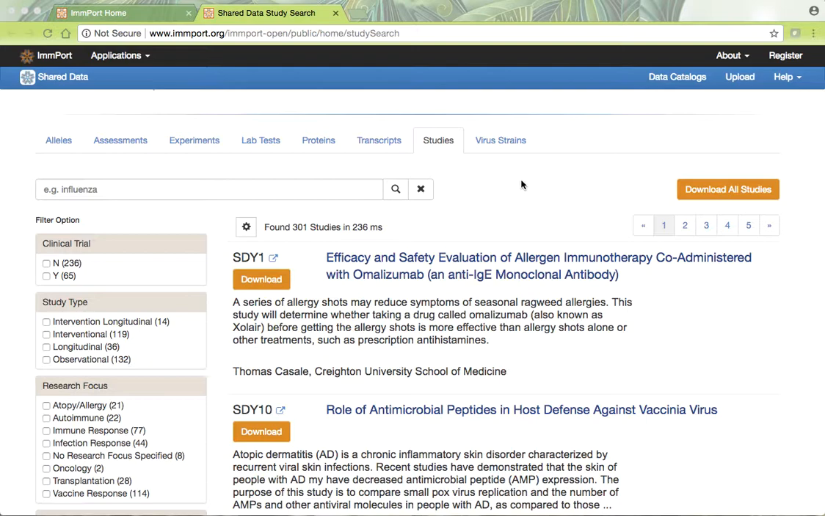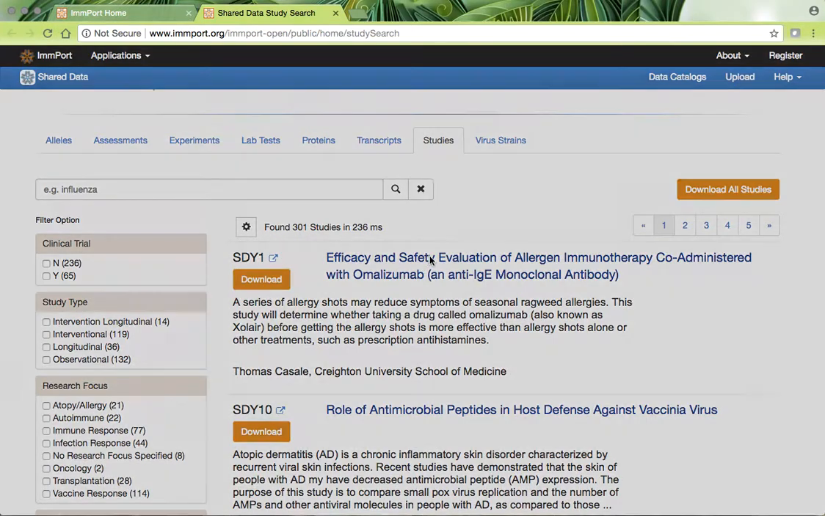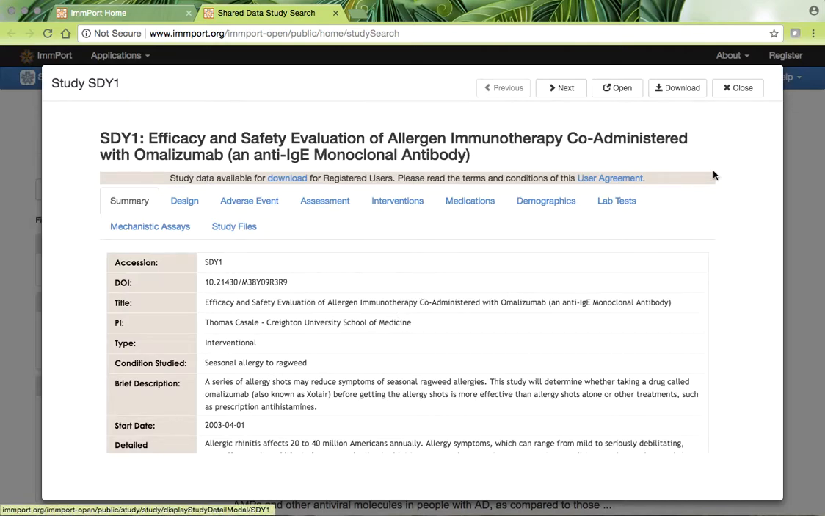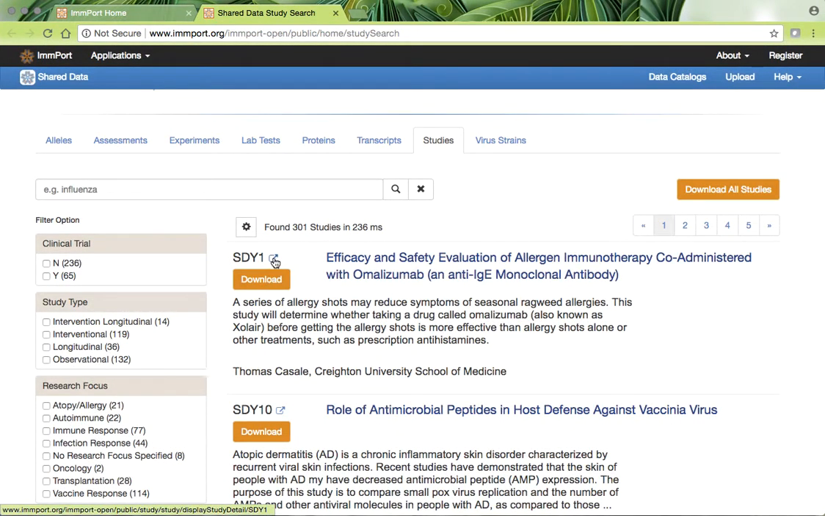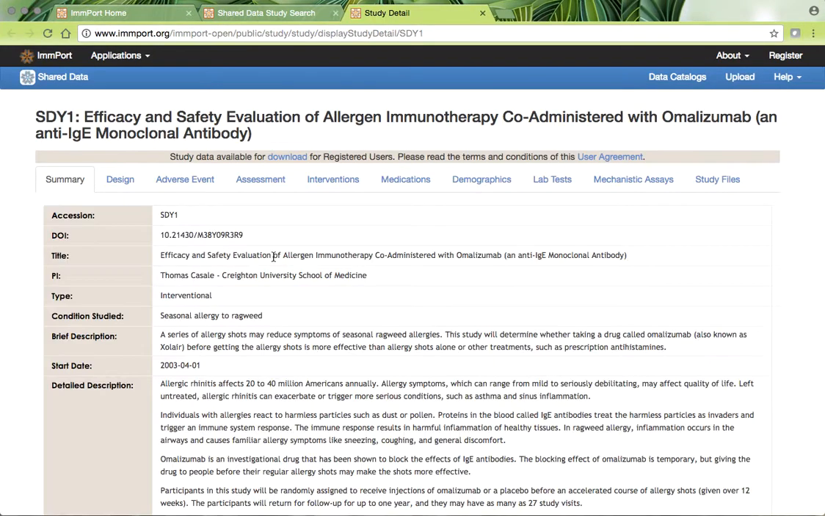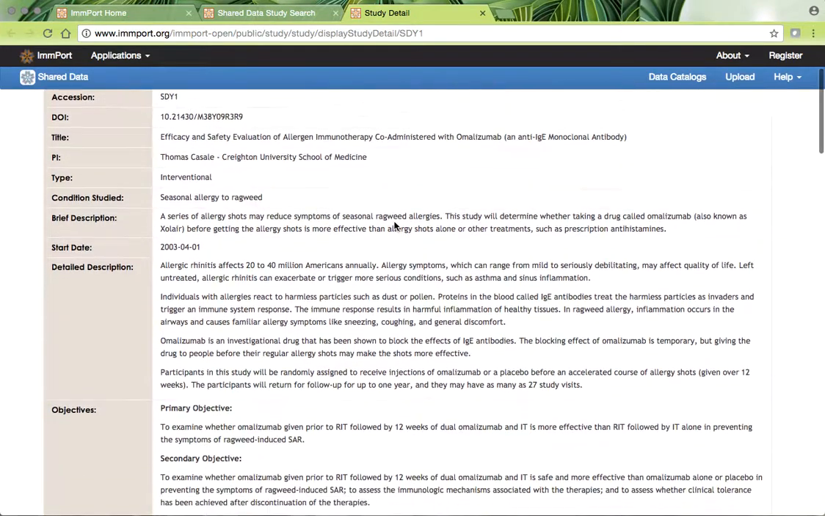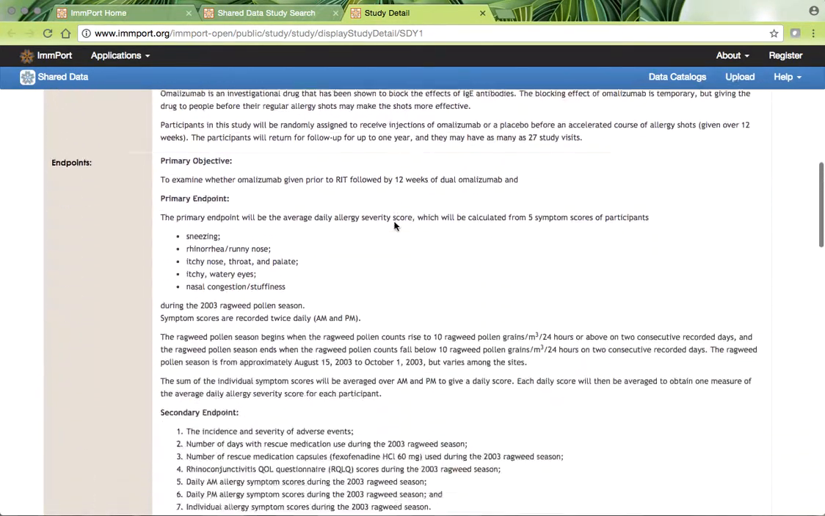and once you find a study that you're interested in, before you download the data, you can open either a pop-up window here by clicking on the title, or you can get to the study page either once you're in the pop-up by clicking on open here, or by clicking on that tiny icon here next to the study accession. Either way, you get the same type of information,